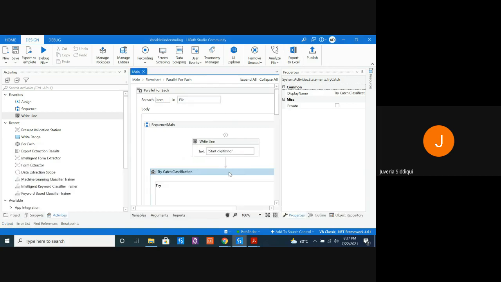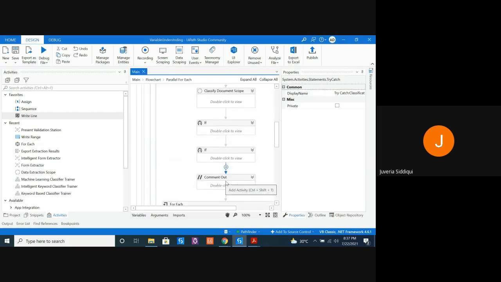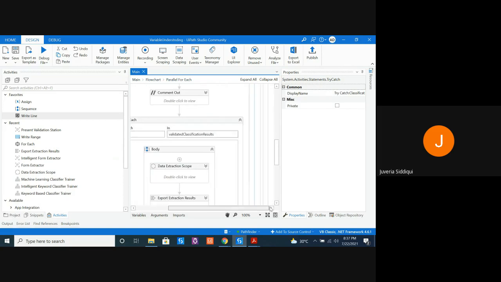Okay, so we are having exception at two documents. Let's see which document is actually giving us an exception.